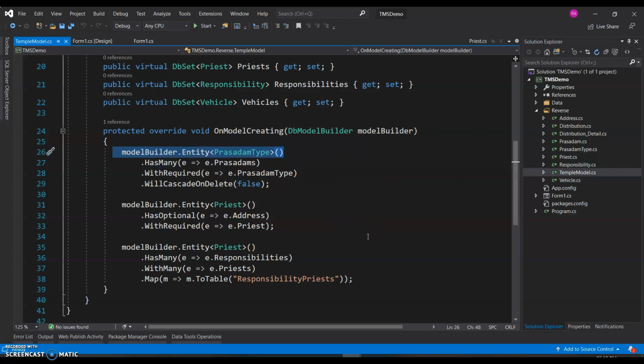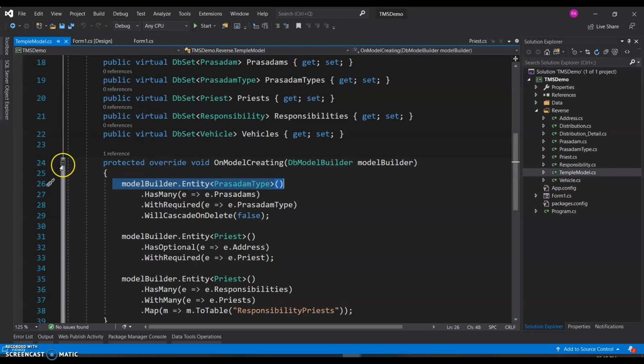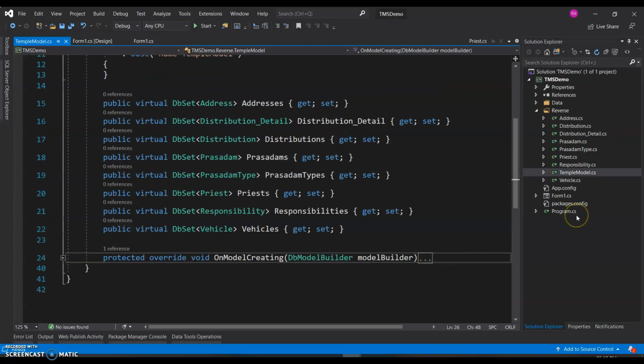So I'll just let you explore this option, and you might also see some other configurations which I really do not want to go into in detail at this point, because I just wanted to show that if you have an entity already existing, you can reverse engineer it this way.